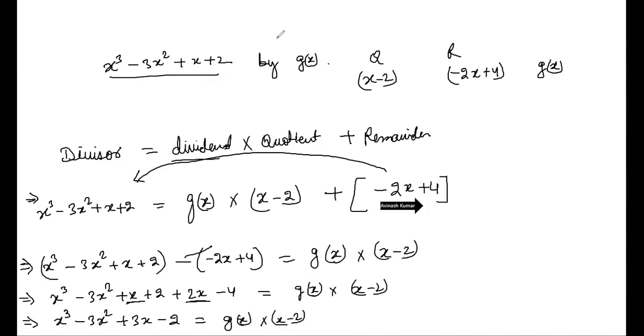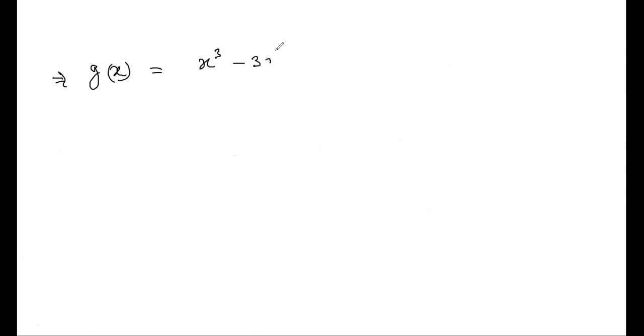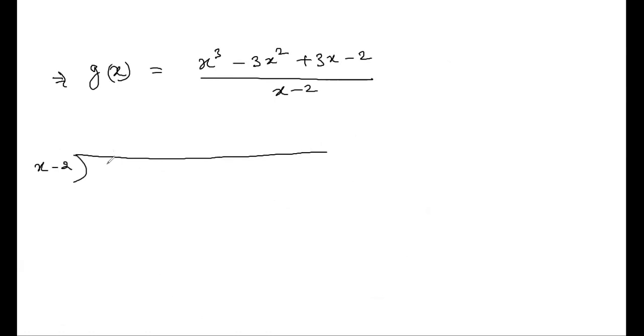So now this x minus 2, if it will go to the left hand side, it goes in division, right? So in the next page, I can write it down further. gx is equals to x cube minus 3x square plus 3x minus 2 upon x minus 2. अब इसको डिवाइड दे देते हैं, सिंपल है। तो चलिए डिवाइड दे के देख लेते हैं। यहाँ पे जो आएगा वो gx की वैल्यू हो जाएगा।